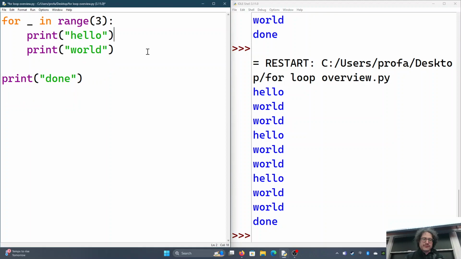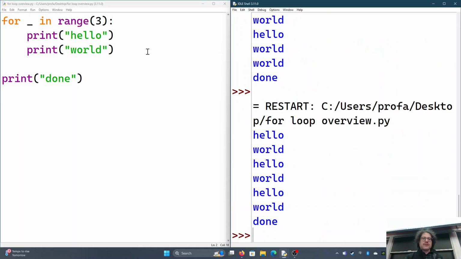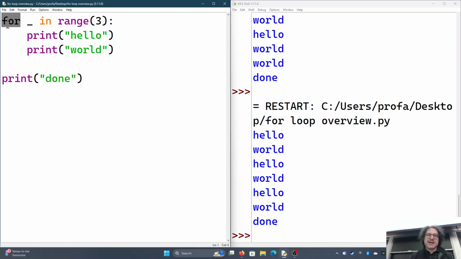Just hello world. This kind of repetition is very useful when you want to do something a known amount of times, or you don't want to copy and paste, or when you want the user to tell you how many times to do something. So for instance, say that you want to say